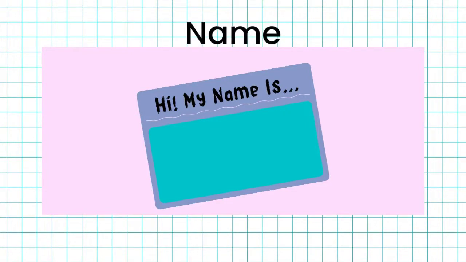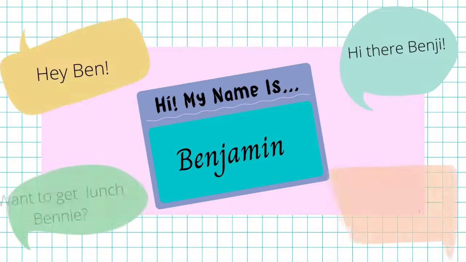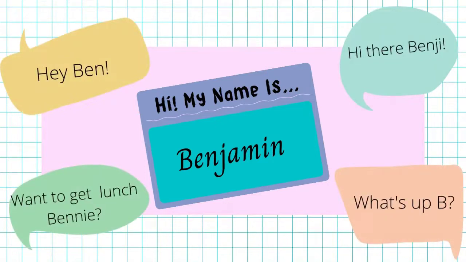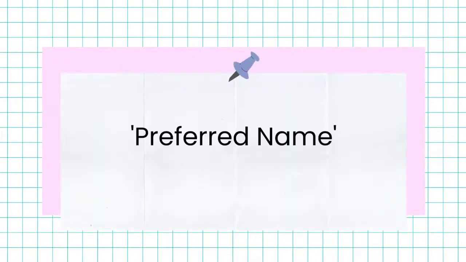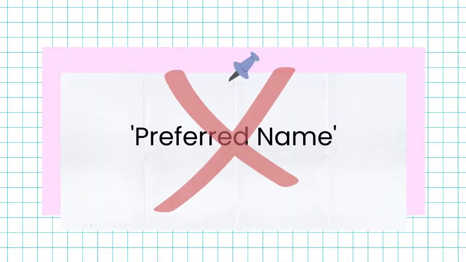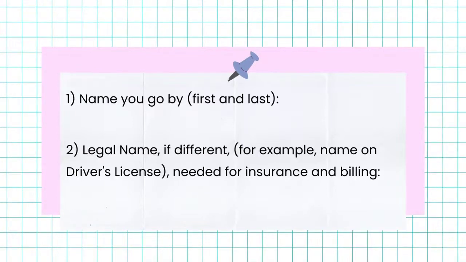Trans and gender diverse clients may use a name different from their legal name. Of course, many people who are cisgender do not use their legal name in daily life either. Legal name changes can be difficult and expensive, and whether the name someone chooses to use is their legal name or not does not affect the validity of that name. Avoid using terminology like preferred name, because this can be considered offensive. Only ask for a person's legal name when absolutely necessary, and include a small note on forms explaining why you need their legal name, like this.